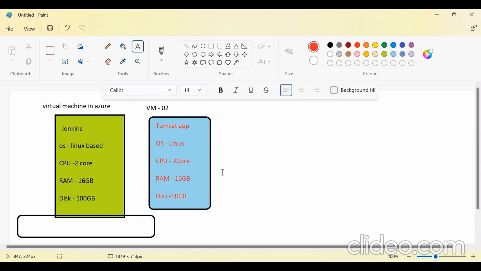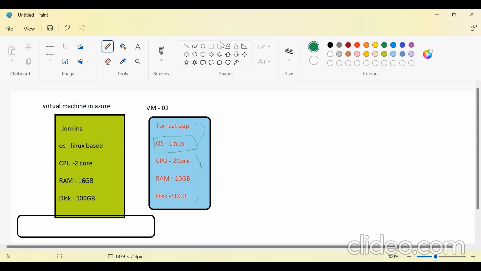Generally, before Kubernetes, you did this type of setup. You created one virtual machine, and on the top you set up applications like Jenkins and Tomcat. You have an operating system, so you have to upgrade the operating system from time to time. You have to patch the kernel version, or if Linux releases new patches, you have to upgrade the OS. For that you have to take downtime from the customer, then do the patching of the operating system. Then after that, Kubernetes comes into the picture.